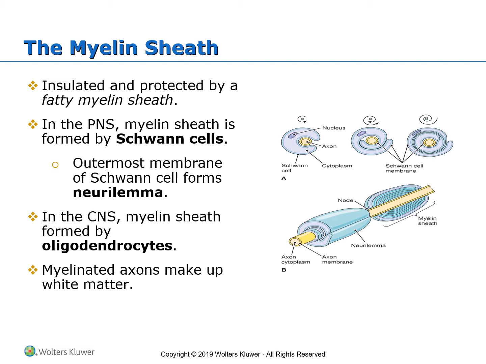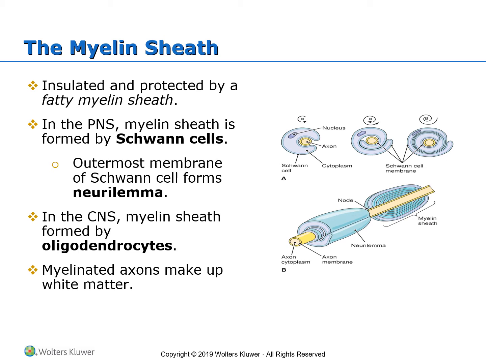This Schwann cell, you can see it in the picture, wraps itself many times around the axon like a jelly roll, and those cells will produce this fatty layer that provides protection for the axons. If you really pay attention, you will see that those cells are not making one layer, but the sheath is incomplete, allowing for small spaces in between the Schwann cells. And those tiny gaps are called nodes. Originally, they were called nodes of Ranvier. And they're important because they allow for speeding nerve impulse conduction.